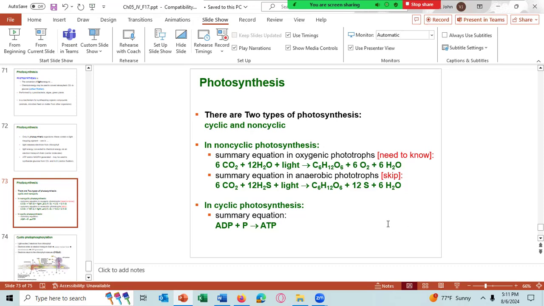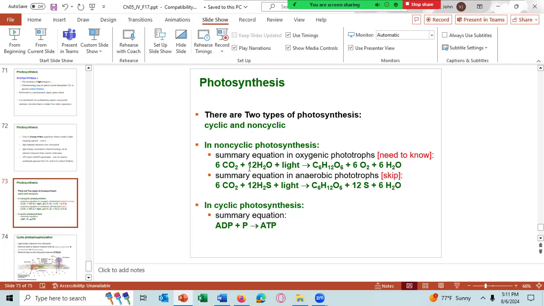All right. There are two types of photosynthetic reactions, the cyclic photosynthesis and the non-cyclic photosynthesis. The non-cyclic photosynthesis is the one you probably are familiar with. And there are actually two non-cyclic photosynthetic reactions. You only need the oxygenic